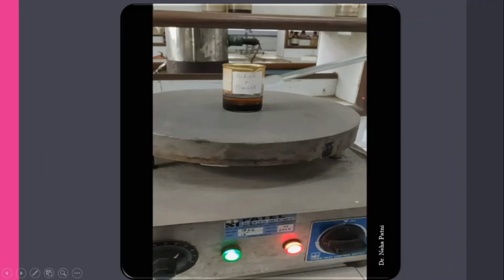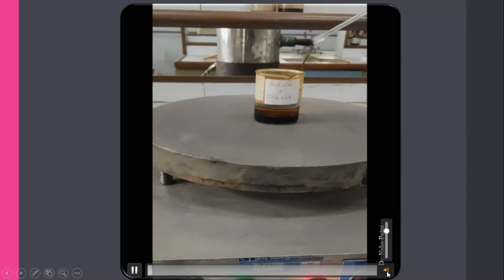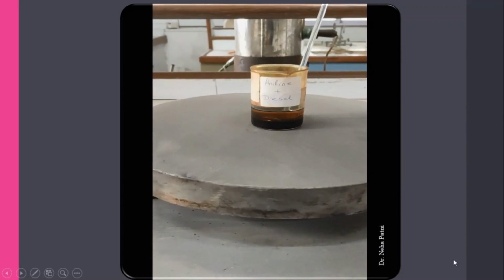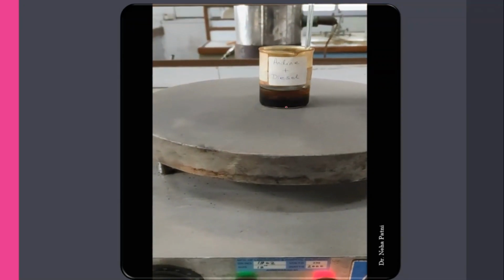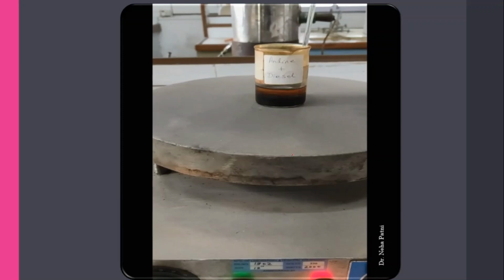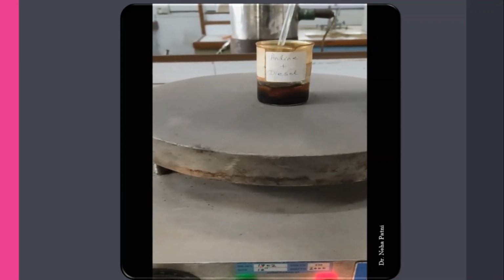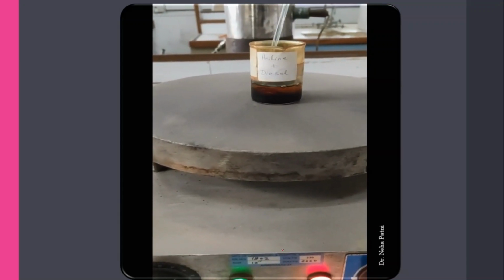Now let us go ahead with what we are going to do here. If you see the video, you have taken 20 ml aniline and diesel, and you are stirring it now, because you have switched on the hot plate. You can see the light, the hot plate is on.